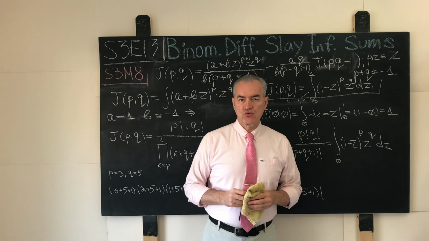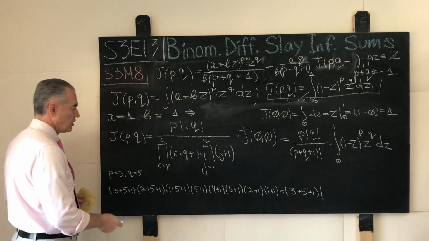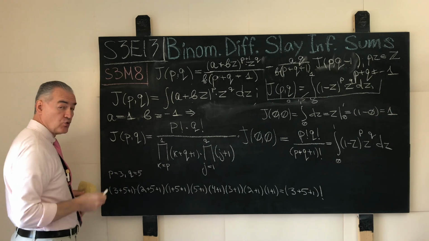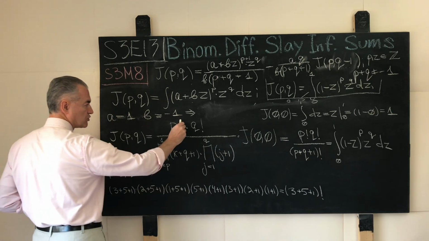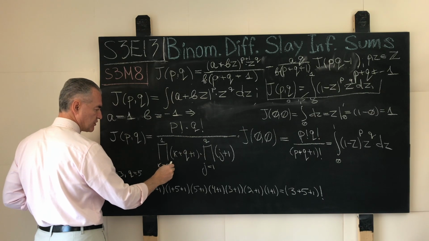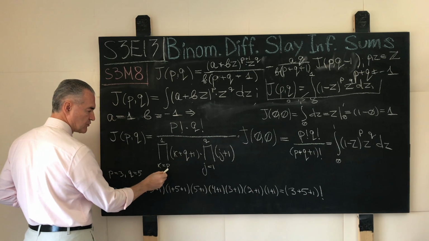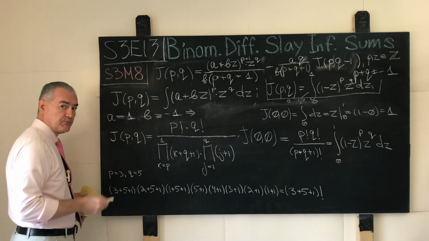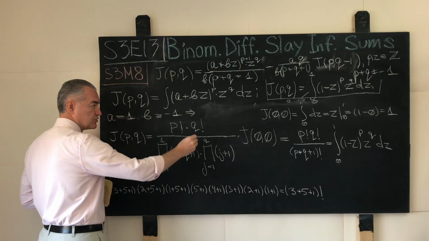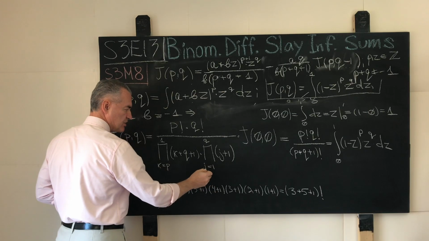Let us now combine the two results that we obtained in the previous two segments. That is, we take our integral j of p and q and glom the two products together. Our first product was p factorial over the product that runs as follows: k plus 1 plus q, where k varies from p all the way down to 1, p minus 1, p minus 2, and so on. The second part of that product was q factorial over the product that runs as follows: j plus 1, where j varies from